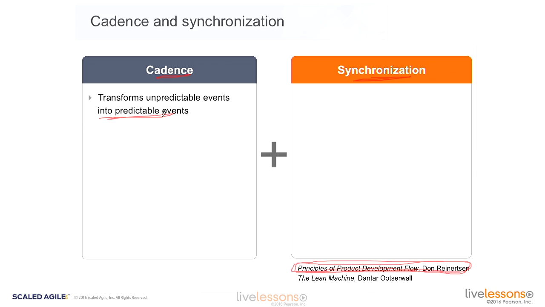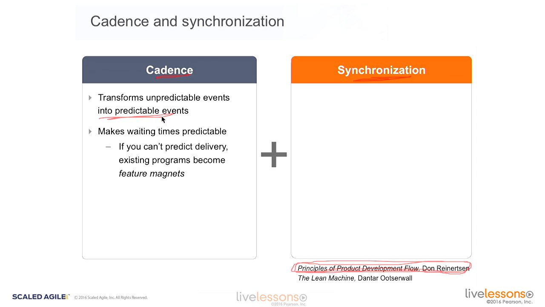I can say, well, honey, yeah, we're going to go to San Francisco and have a fun weekend. Or fun week, but let's not do it that week. Let's do it the next week, okay? Because I want to attend PI planning. And it also means that from a delivery standpoint, you make waiting time predictable. We know when we're going to get our stuff.